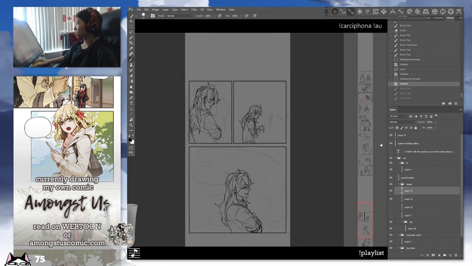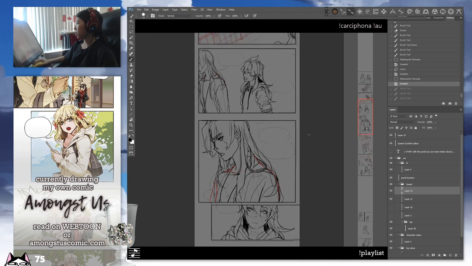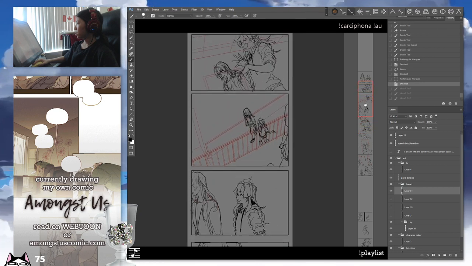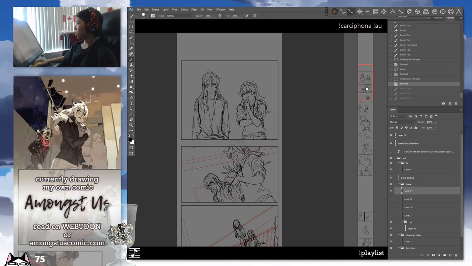Yeah, I think those are everything that I can think of. Oh, and in the very end, before I even decide what colors to color all of the characters, I think it's very helpful to try to imagine what kind of lighting you would use to fill in these lines. So if you don't think about the lighting when you draw the characters, when you sketch out your scenes, you might not